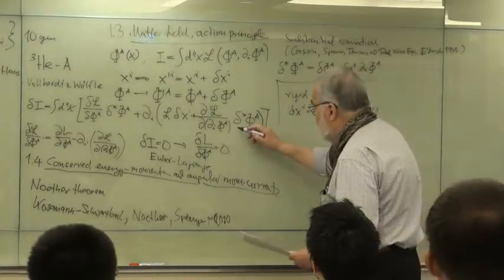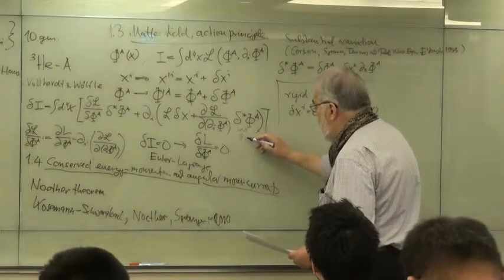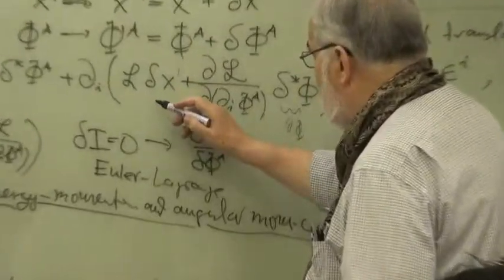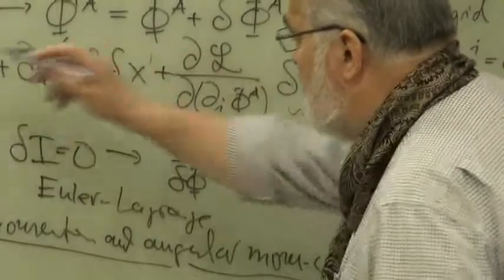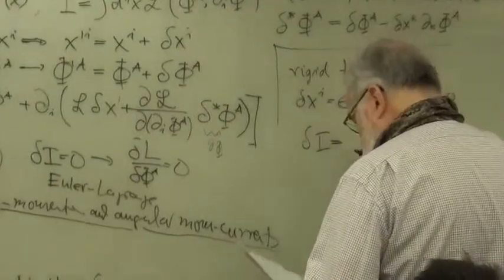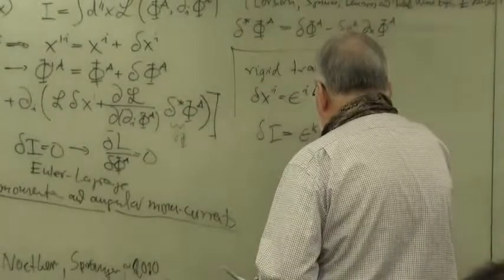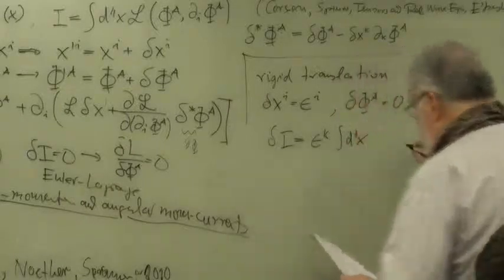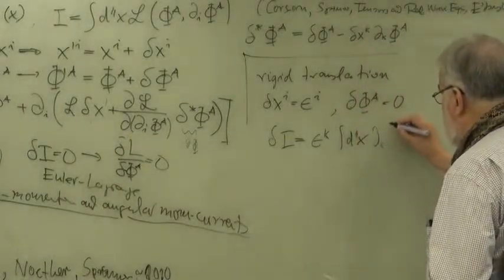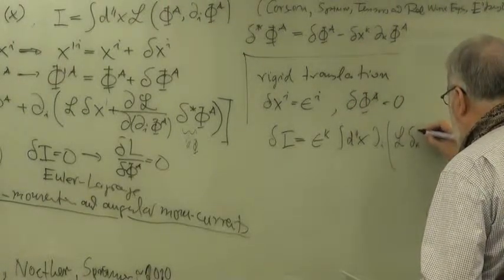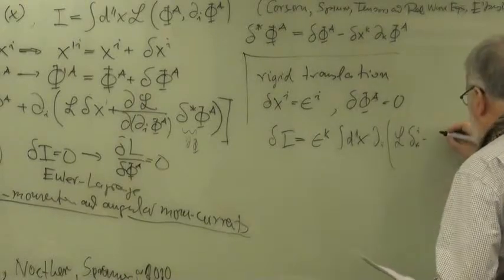And so you have here a gradient, and you have the epsilon times this, and then you can take the epsilon in front of the integral, and the change of the action is epsilon k times the integral d^4x, partial derivative with respect to i,